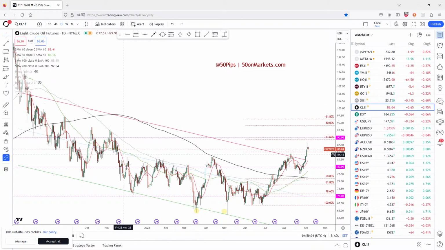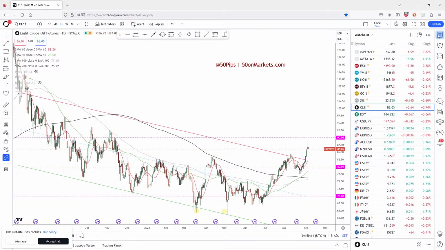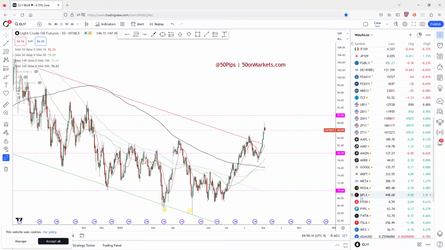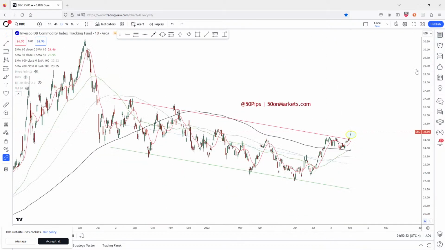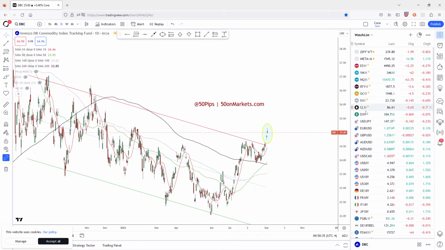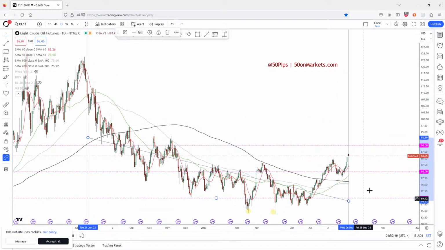Now, another interesting thing to keep an eye out for is on crude, right? Here, especially with everybody getting excited and everybody still hoping for the Fed to start to stall or cut rates, you have to pay attention to what's happening in crude. You have to pay attention to what's happening in the commodity complex across the board. You can look at DBC. It's an aggressive break. Is it going to hold or not? But as long as these DBC, these commodities start to rip, and you've got crude trading strong, it doesn't really bode well for everybody who's looking for rate cuts.